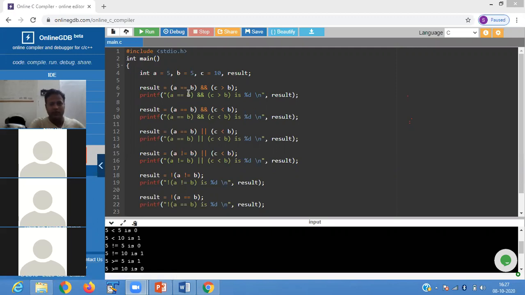If both are equal and c is greater than b, if both the conditions are true, then it returns you true.